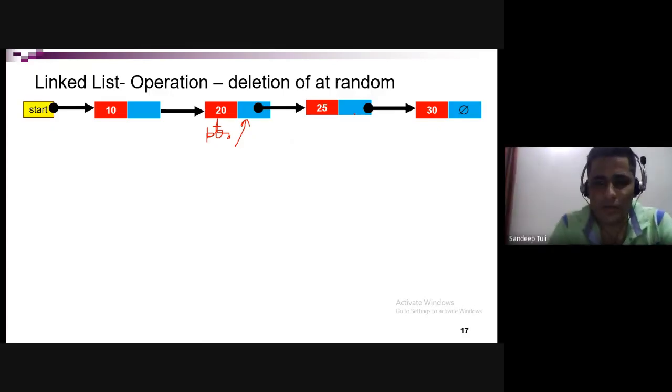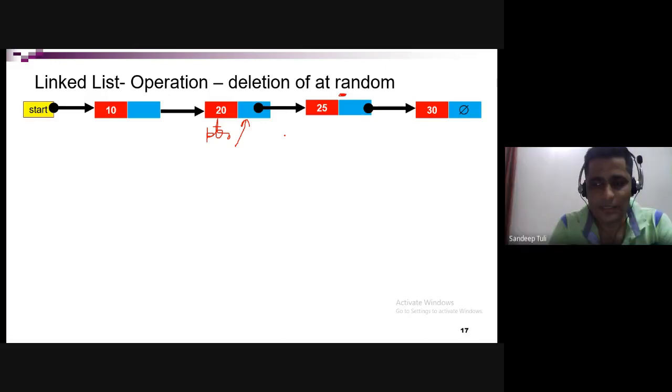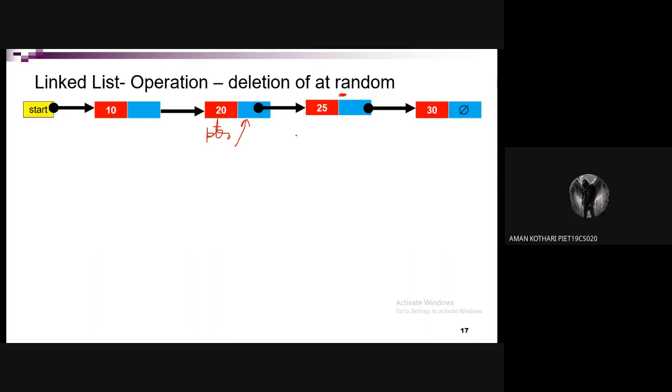Which node do we need to delete? This 25 node we need to delete. Okay, that node we have to delete. So what will we do? What step is there now? Tell me the actual step for that. So first of all, I guess, sir, we have to store. Yes, carry on. Sir, we have to first of all store the pointer of the 25, so that after the removal of that we can assign that to PTR next of 20.